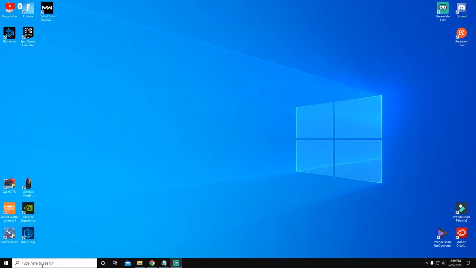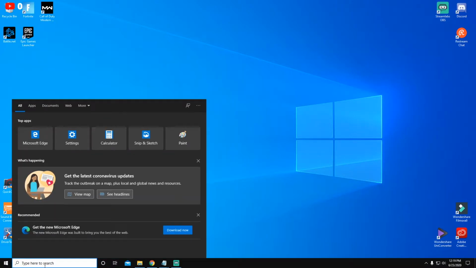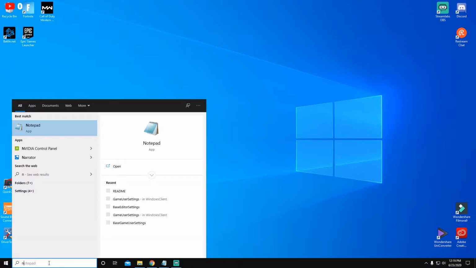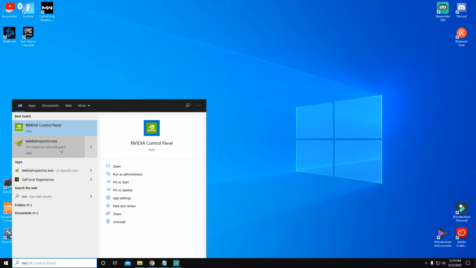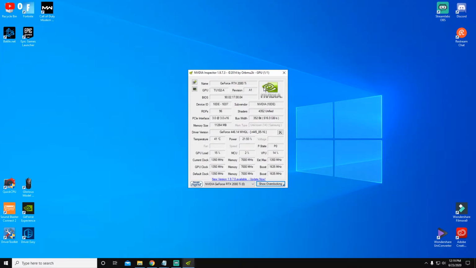Next thing I'm going to show you is basically a download that is going to be in my description. It's called Nvidia Inspector, and once you download it, you're just basically going to open up Nvidia Inspector. It's going to ask for administrative privileges like I just showed you, and once this comes up, you're going to click this. Okay,